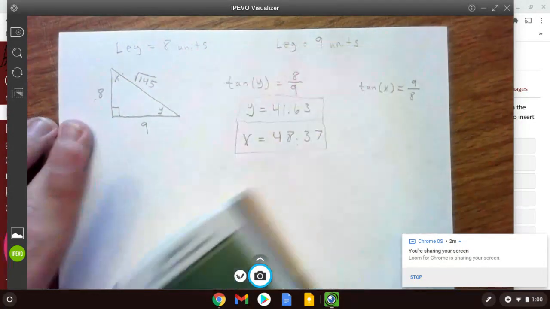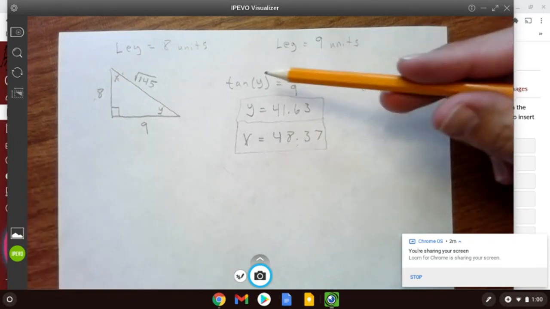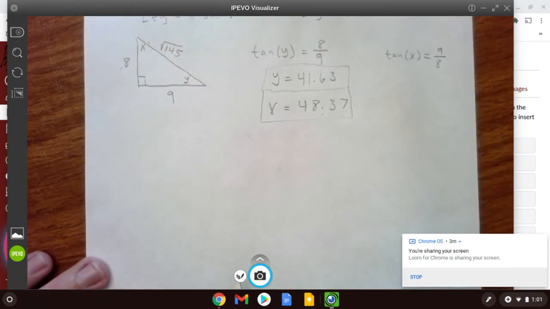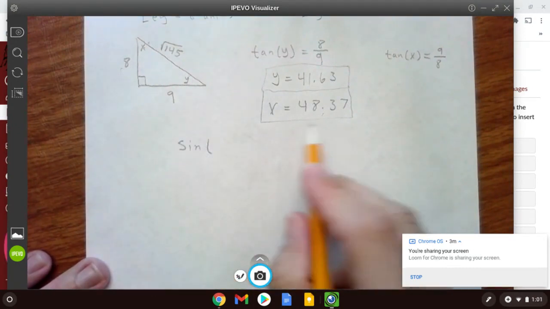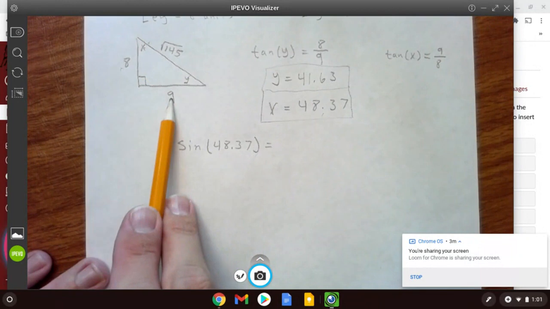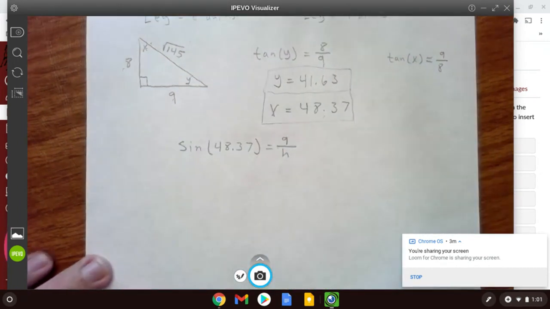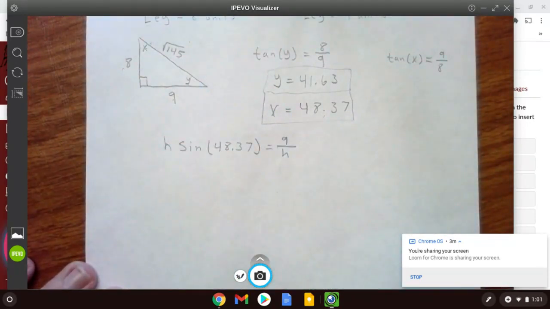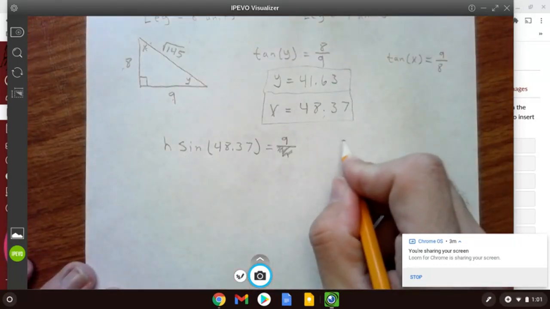All right, the other way that you could have done it is because you know the values of y and x, you could have set up a little trig equation to work it out that way. So for instance, let's say I used x here. So if I did sine of x, and x is 48.37, that's going to equal opposite over hypotenuse, which was the one I was solving for. So 9 over the hypotenuse. And then you could solve this, multiply by h. So you'd have h over there. Okay, and then you're solving for this h, so you would divide by this sine part. So it would be 9 divided by